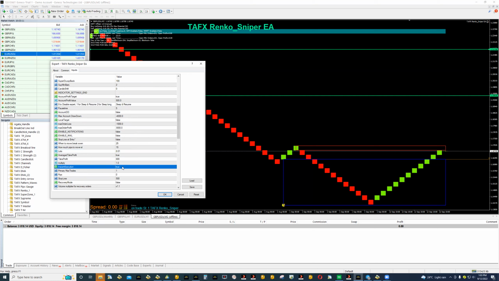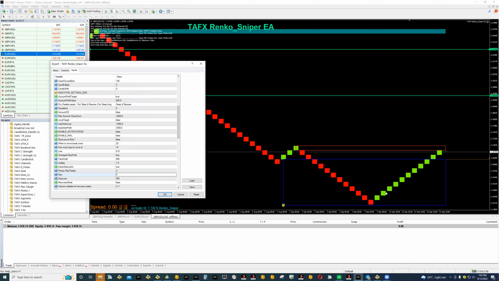Instant execution is another thing you need to understand. If you want to take 3 positions at once, you are supposed to set instant execution to true and primary max trades to 3. Pips here should be 0 because you want them to enter at the same place. If you want a gap, you can set a gap of 5